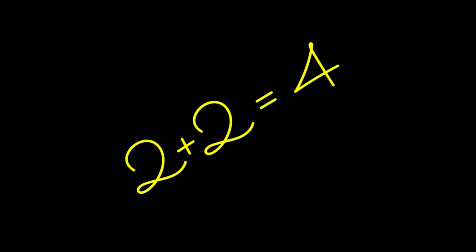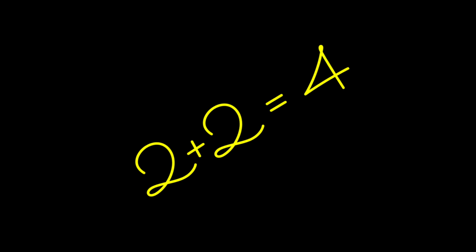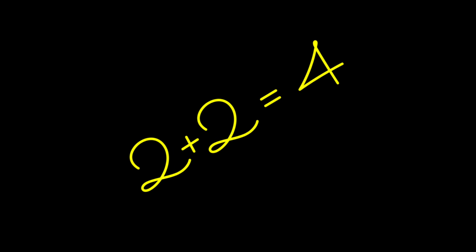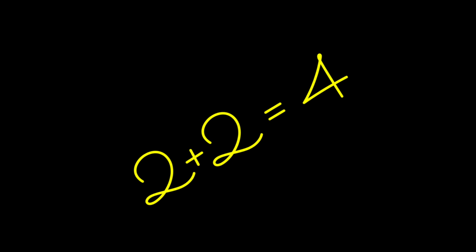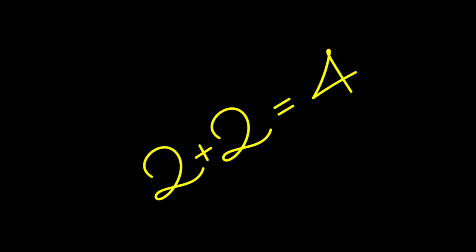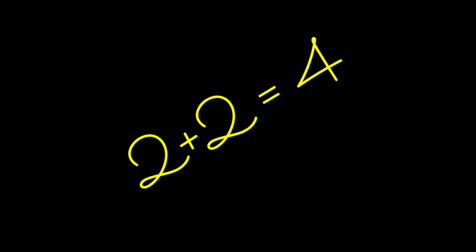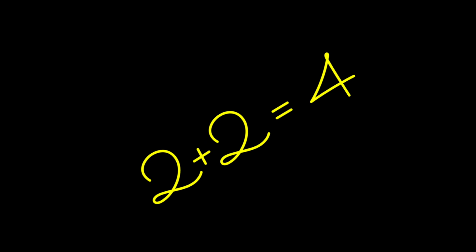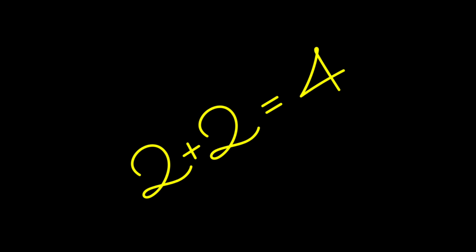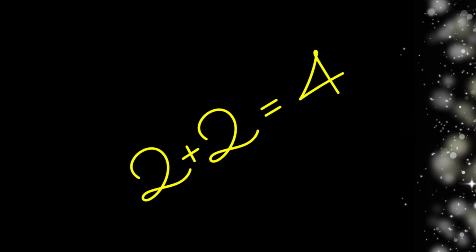If I ask you a question, what is 2 plus 2, definitely you will give me the answer 4. How did you calculate this answer? Definitely you know that if you are using the plus, you have to do the addition. Such calculations are also performed in a Java program, and these calculations are performed with the help of symbols called operators. So let's see what an operator is.